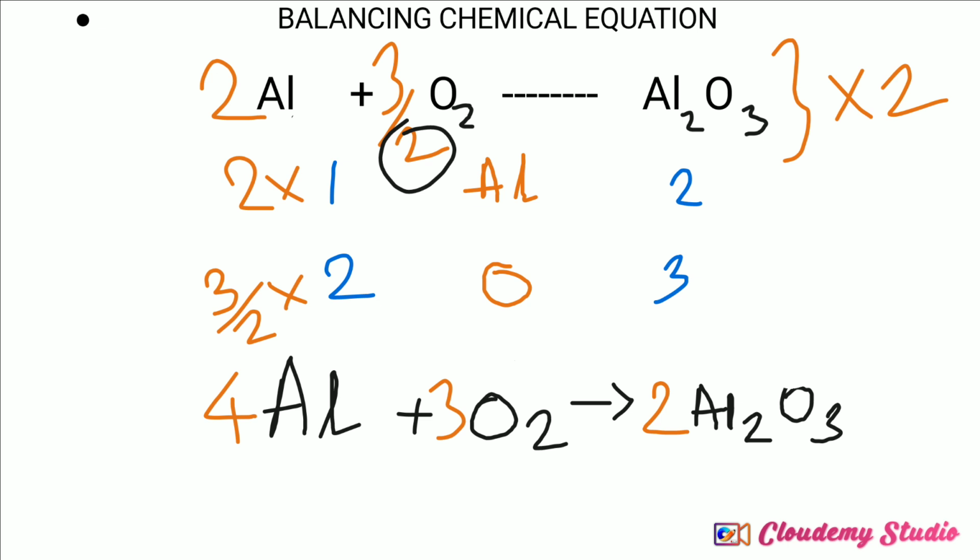The balanced chemical equation for this reaction is 4 moles of aluminium plus 3 moles of oxygen gives 2 moles